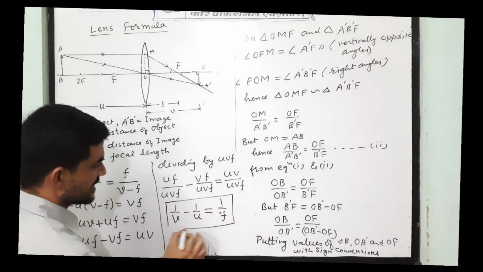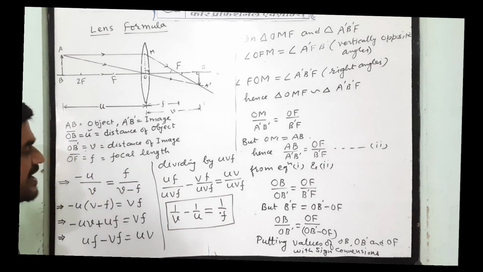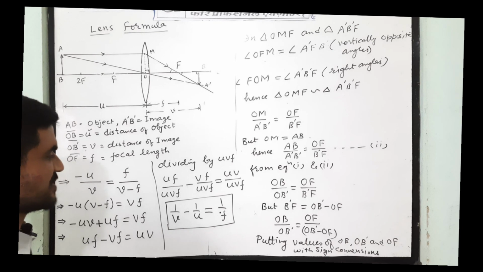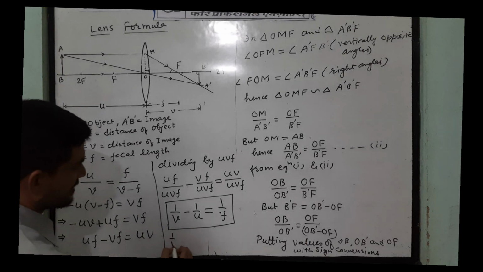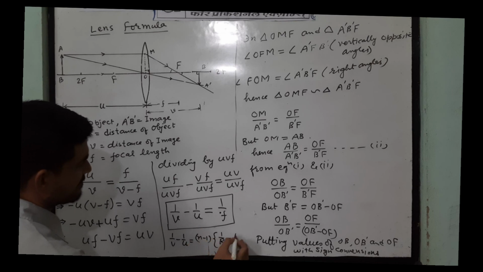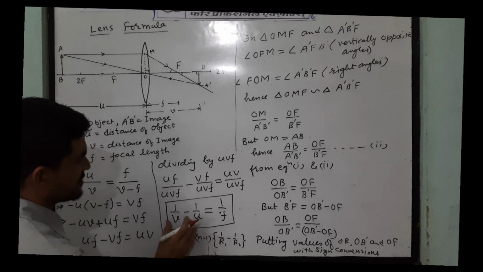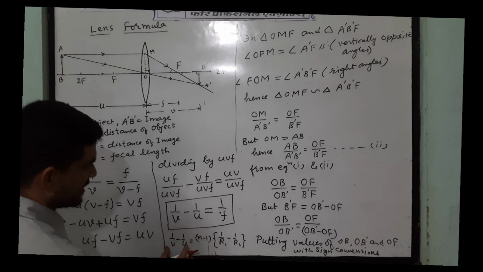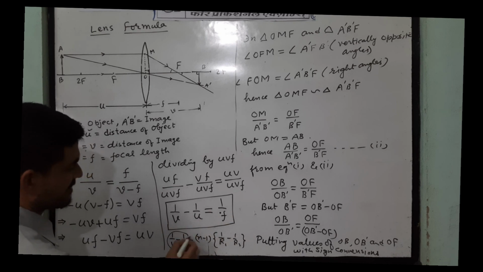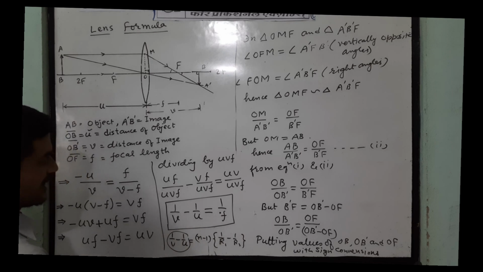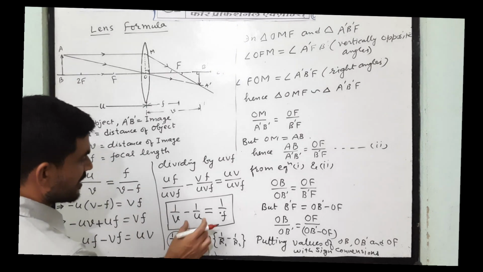So this is the lens formula that we have used, this formula in the lens maker's formula also. You remember in the lens maker's formula we got a relation: 1 by V minus 1 by U is equal to the refractive index of the lens material times 1 by R1 minus 1 by R2. So we used this formula, 1 by V minus 1 by U equal to 1 by F, we took from this formula itself, and I mentioned that in that video also. So that formula we derived today.